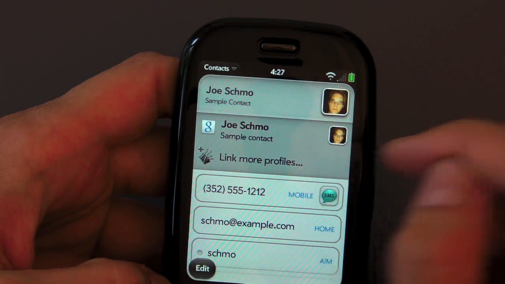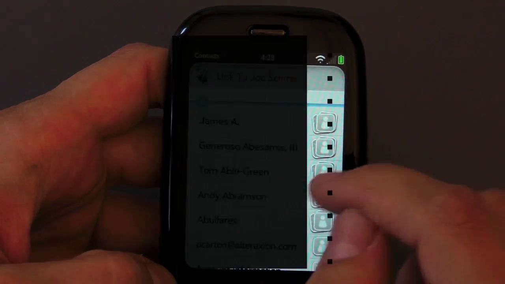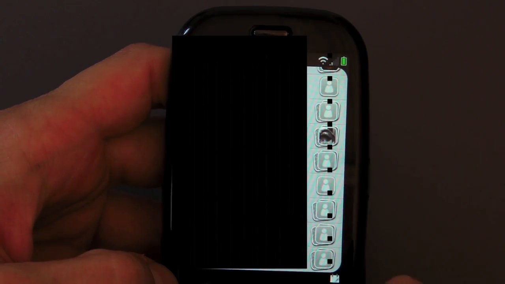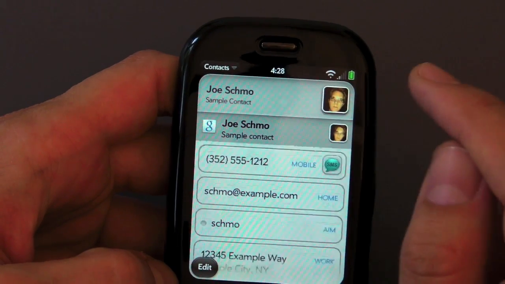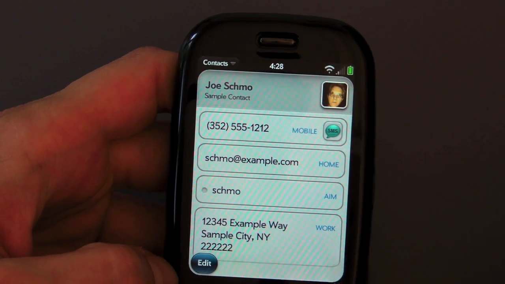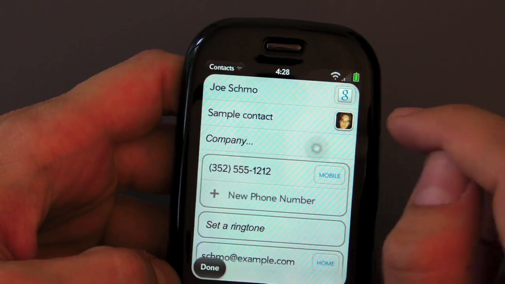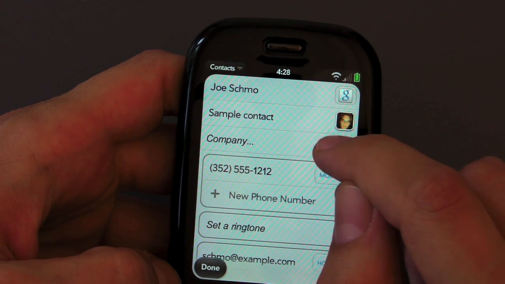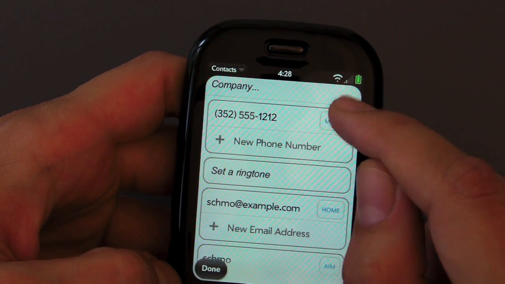And rather than hit edit, you can tap on the name at the top and you can link it to more profiles. And what that allows you is attach it to anybody else that Synergy hasn't managed to connect it to. Although in practice, Synergy's done a great job of putting people together. I actually haven't had to link any profiles at all. It's all been there, all worked very well. So that's pretty impressive. You can see that this one is based off of Gmail or Google, excuse me. So this is saved up to Google,